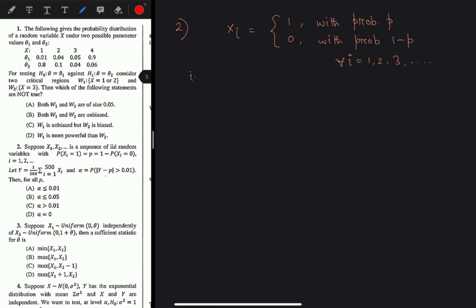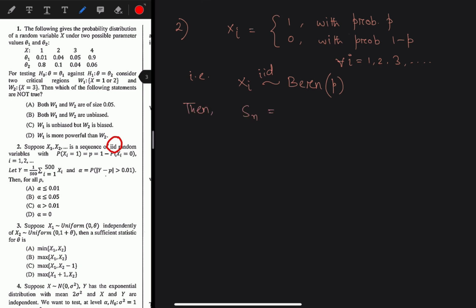So we can say that every xi is IID. We have claimed that every xi is IID. So xi's are IID Bernoulli p. Okay, and this is true for all i. So then